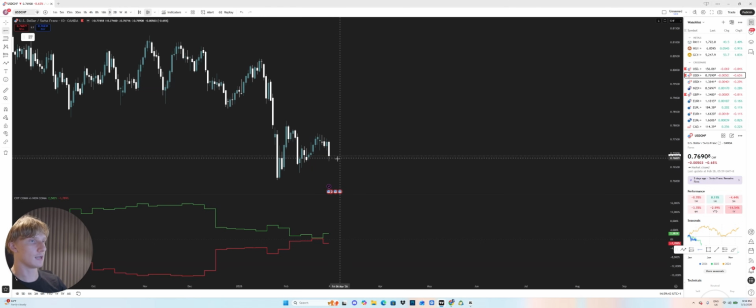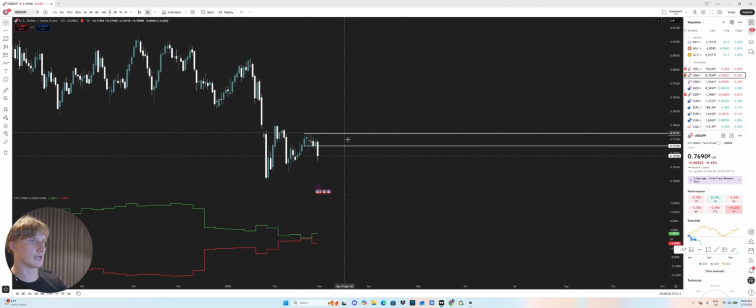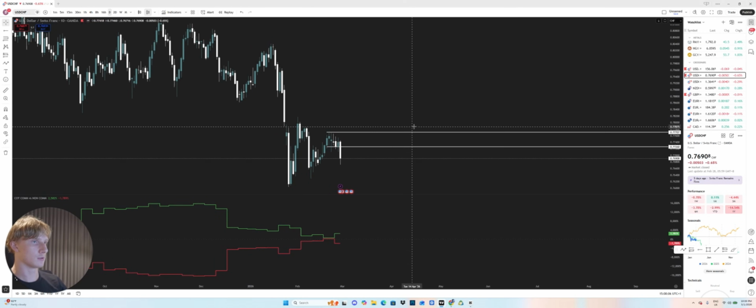So now we come over here and we identify leg out, impulsive, indecisive, indecisive, indecisive. And we can see that potentially there could be a short position coming off here. And because it's USD CHF, being the dollar versus Swiss franc, we're going to be looking to short because, as I just explained, we're looking for the Swiss franc to be strong and the dollar to be weak.